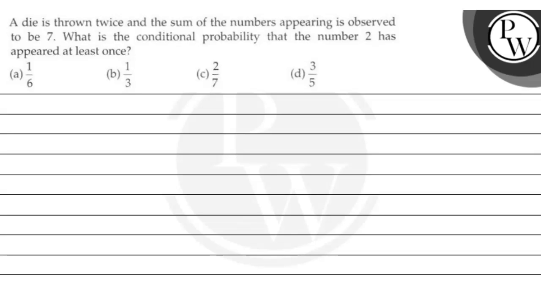The question says a die is thrown. The sum of the numbers appearing is observed to be 7. What is the conditional probability that the number 2 has appeared at least once? Option A 1 by 6, option B 1 by 3, option C 2 by 7 or option D 3 by